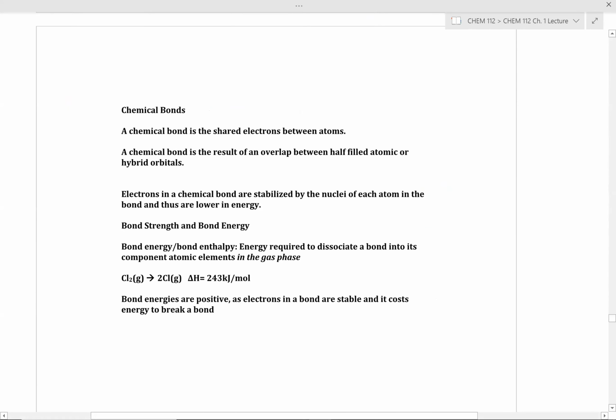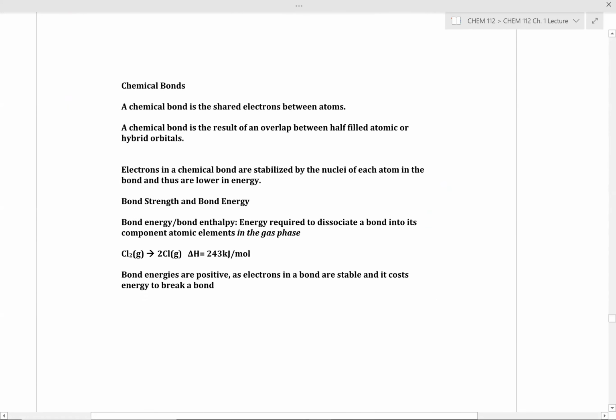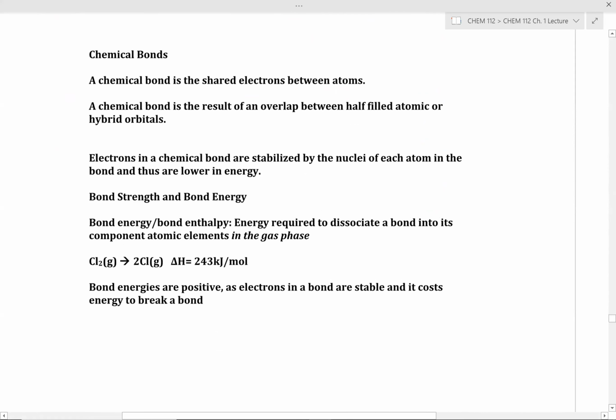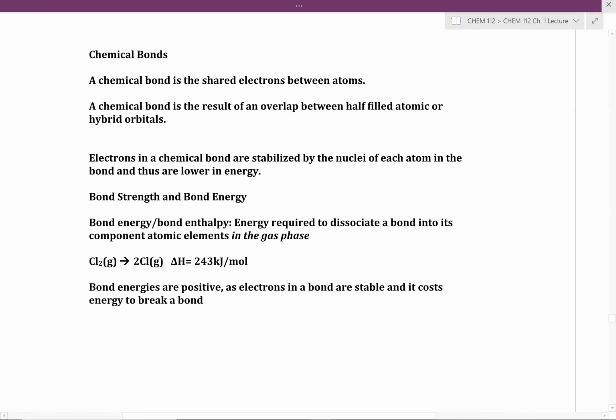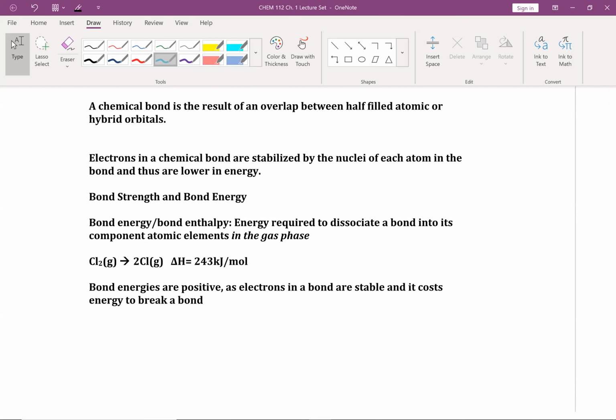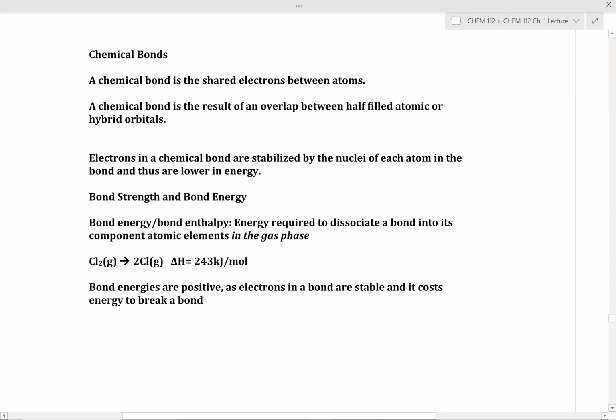Okay, let's now talk a little bit about the nature of chemical bonds. Let's really get to know what makes certain bonds stronger than others. So first and foremost, a chemical bond is shared electrons between atoms. So for example, if you have a hydrogen-hydrogen single bond, we are fundamentally sharing electrons between the nuclei of two